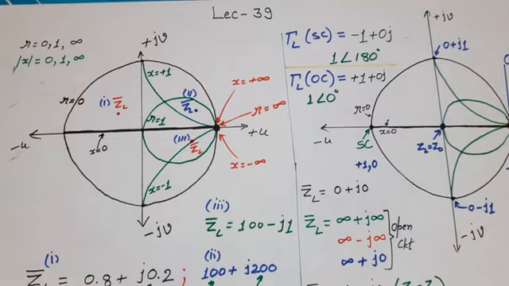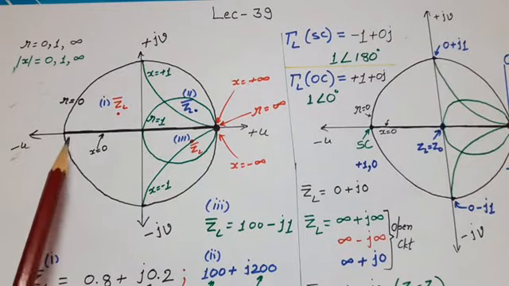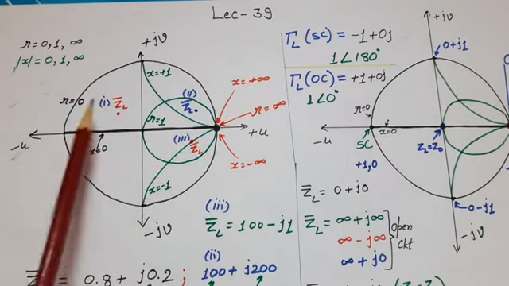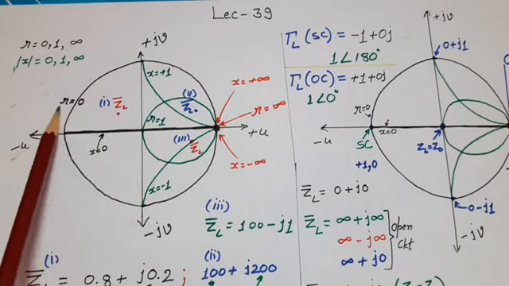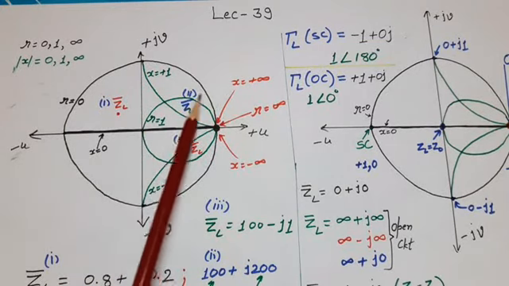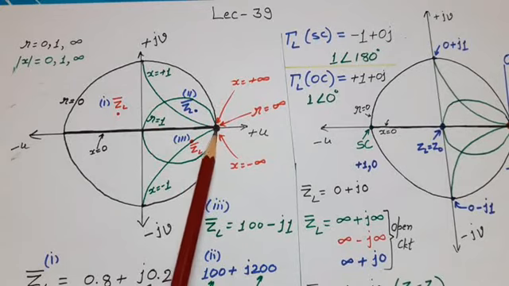Till now we have studied how to mark a normalized impedance in the Smith chart. As we know, a Smith chart contains a number of constant R and constant X circles. But for understanding purpose, we draw the Smith chart by hand, and in that we draw only a few important circles. For example, a circle for R equal to 0, which is a unit circle, a circle for R equal to 1, and a dotted point circle for R equal to infinity.